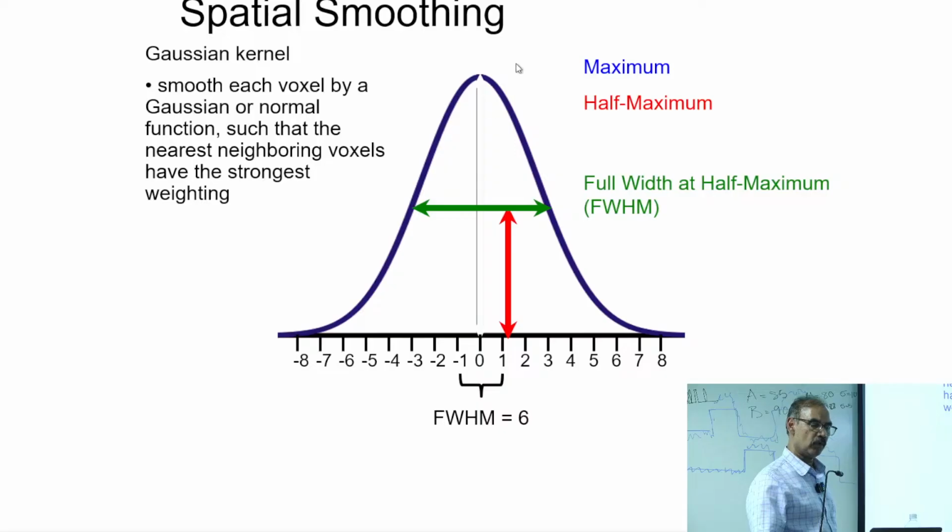And what we use is called full width at half maximum, like 6 would mean that the full width at half maximum would be 6,